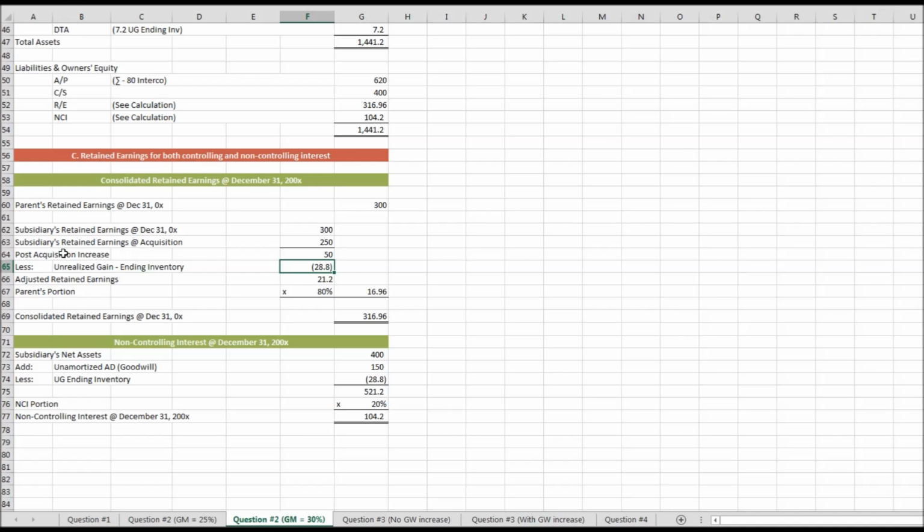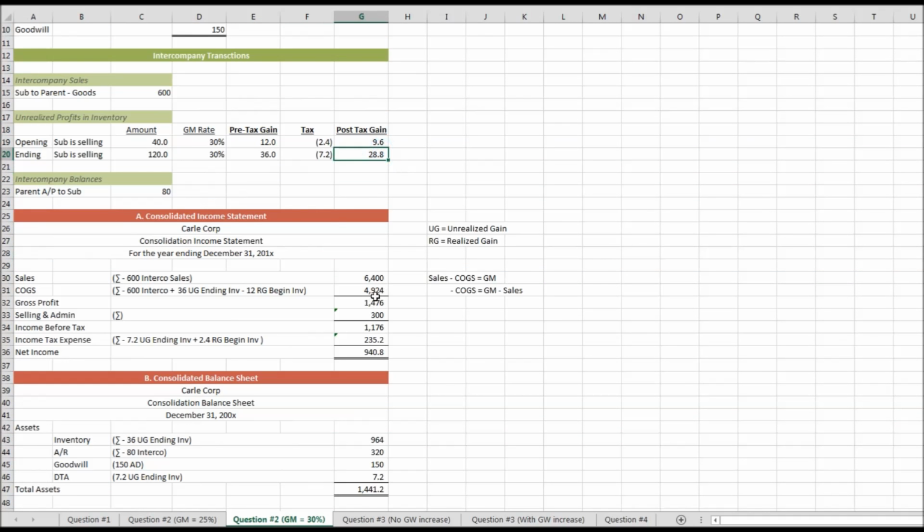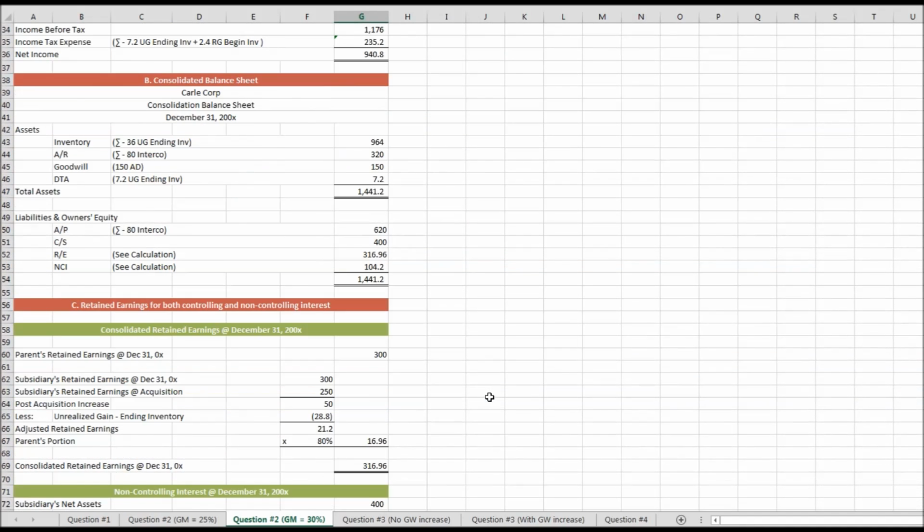So we assume that the income is already reflected in the sub's retained earnings, and we're taking it out. So that unrealized gain that we got from over here, and it's after tax, of course, because the net income is after tax. And then once we take that out, we subtract that, we get an adjusted retained earnings for the sub of